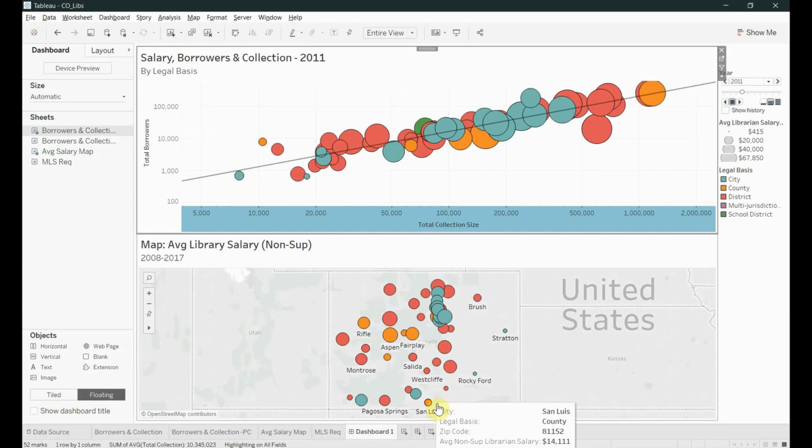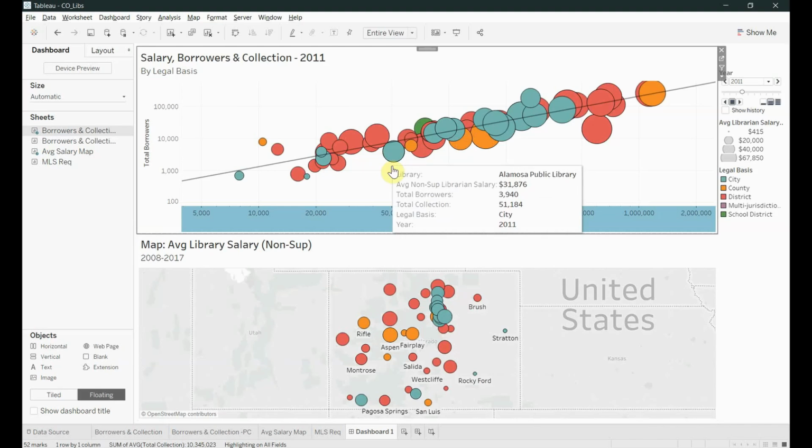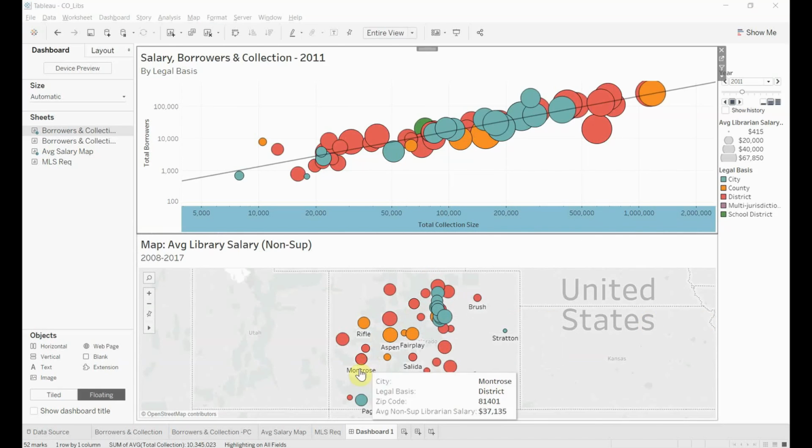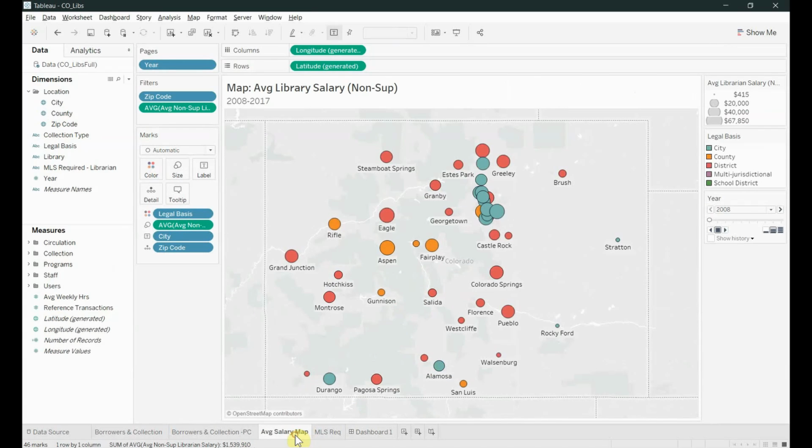The sizes still need to be adjusted to match each other. This is a bit tricky because Tableau does not provide a means to set sizes precisely. We'll start by deciding to use the map sizes, as the scatter chart sizes would be too large for the map. Switch to the map worksheet and grab a piece of paper and a soft tip marker. Go to Edit Sizes from the Size Legend